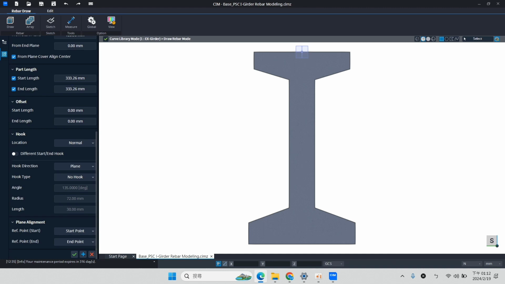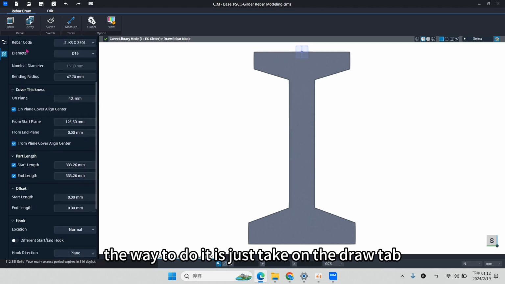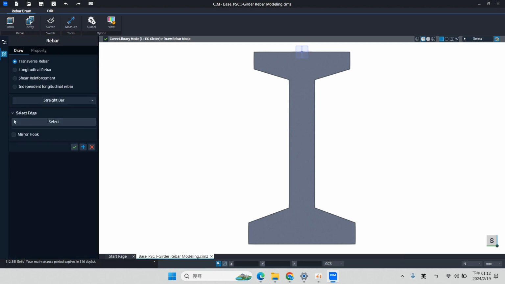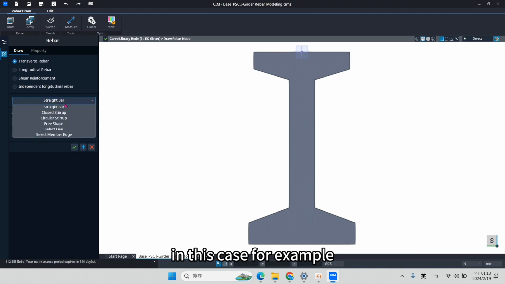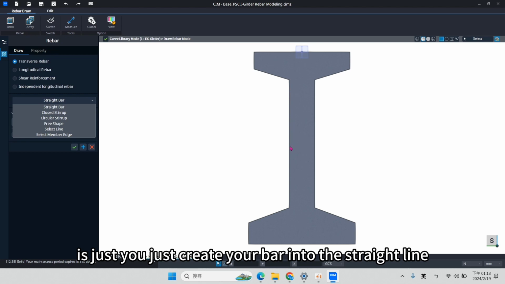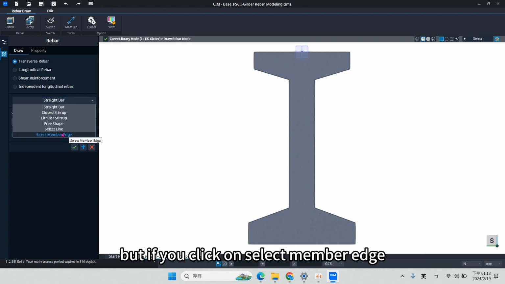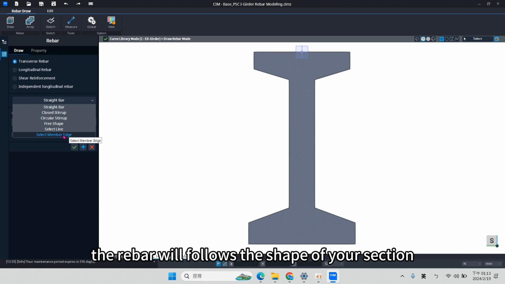The way to do it is just to click on Draw again. After that, we want to click on select member edge. For example, this is a straight bar. A straight bar is just your bar created in a straight line. But if you click on select member edge, the rebar will follow the shape of your section.